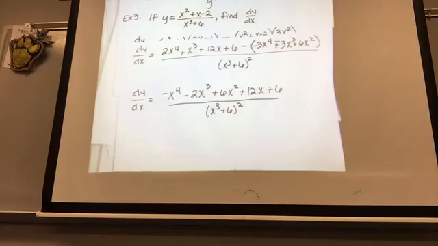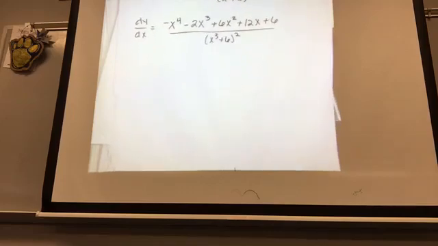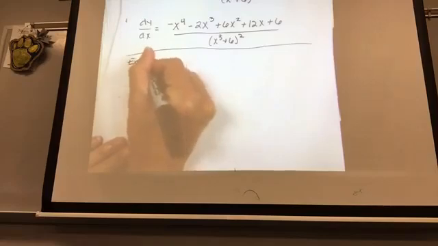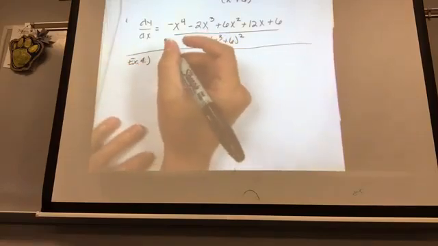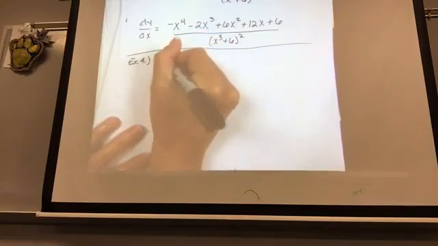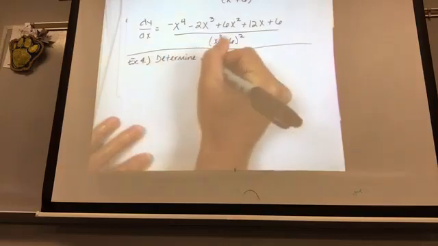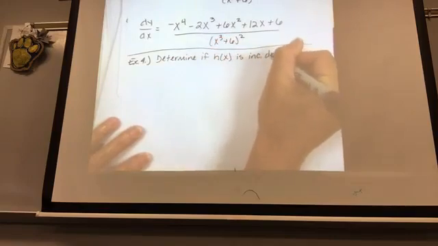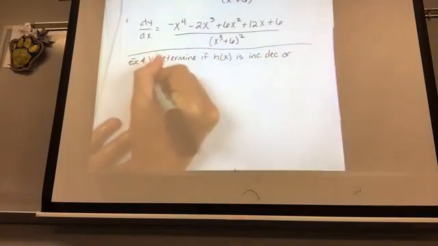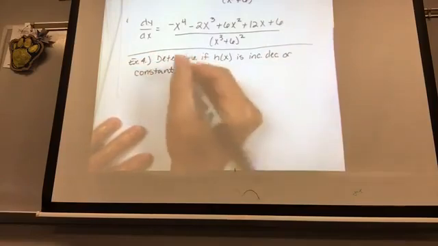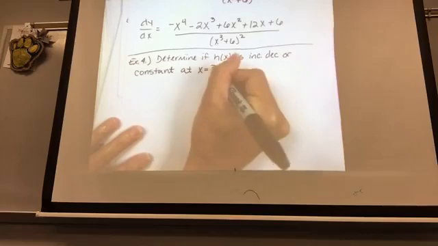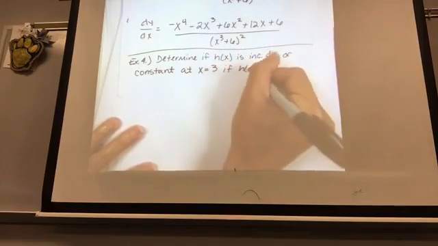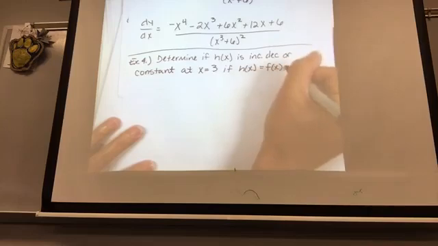Okay, the next one I really want to get to. This is our last one, and it's kind of wordy, but it's an important question. So example 4. Determine if h of x is increasing, decreasing, or constant. And I'm going to abbreviate those. At x equals 3, if h of x equals f of x times g of x,